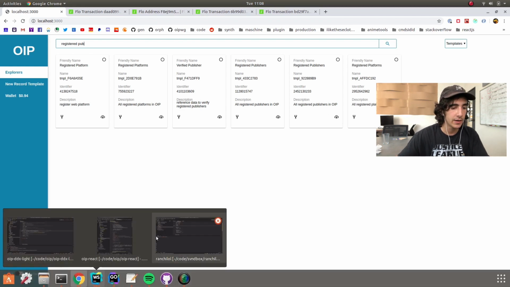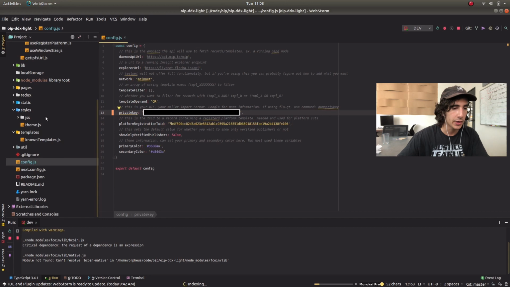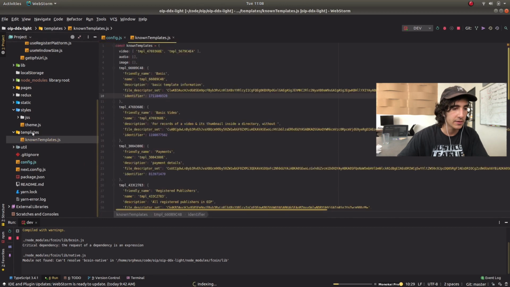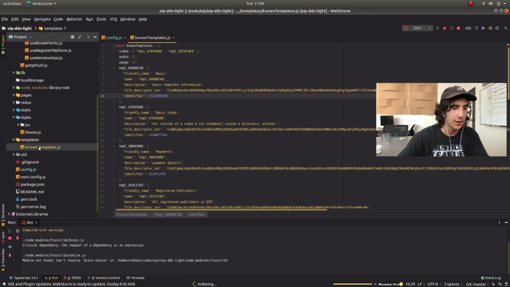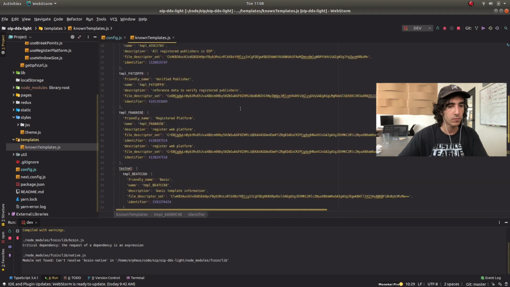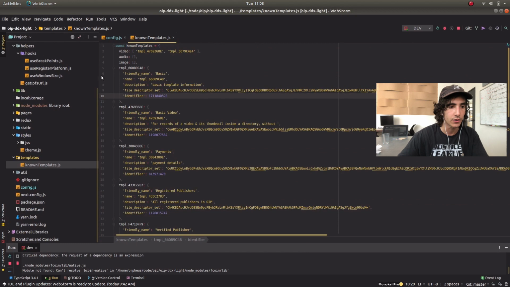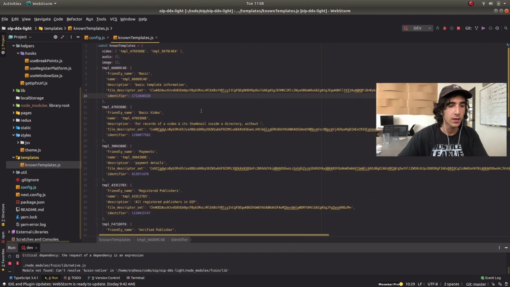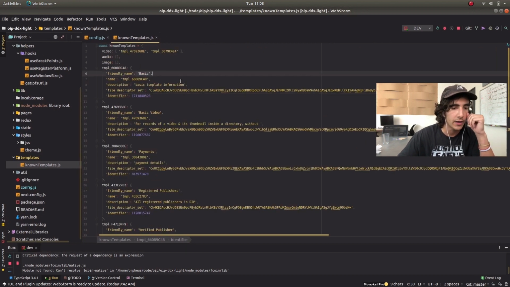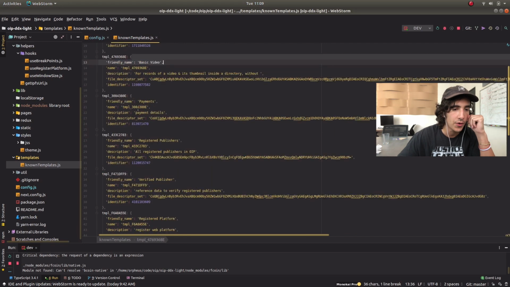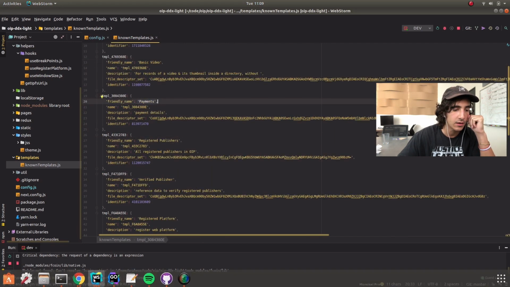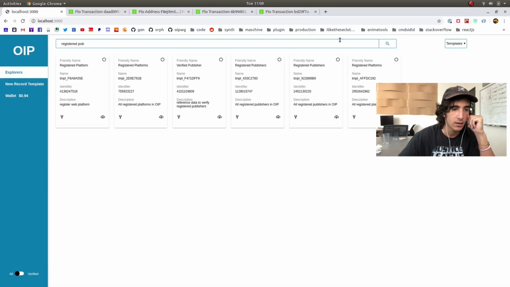So in DDX Lite, you can go to templates at the root and then node and templates. And here I have kept or hard-coded a list of templates that we are currently using. We'll scroll down: basic template, basic video, basic payments, register. So these right here are the reason why we see